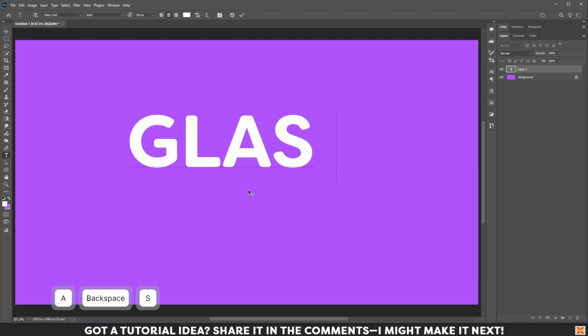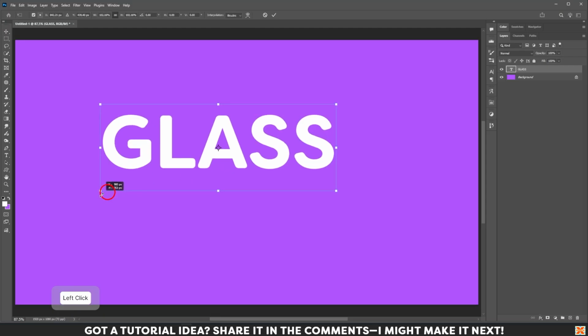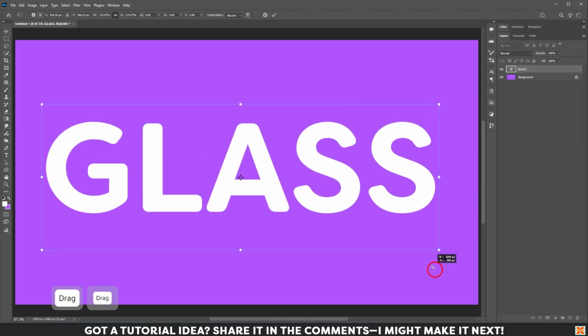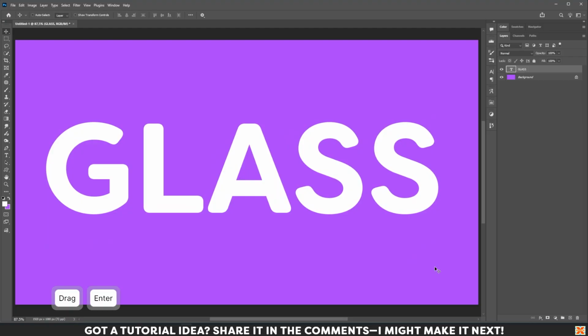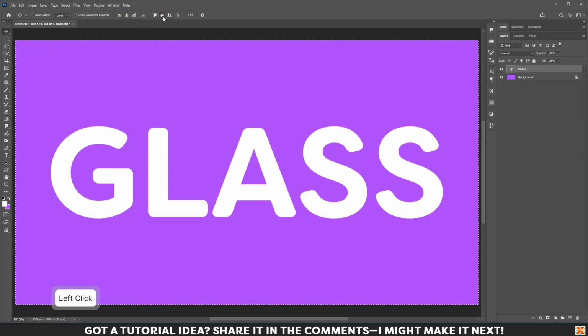Plus, or type whatever you want. Arrange the size of the font. Click Ctrl A for Select All to arrange the position of the text. Ctrl D to deselect,